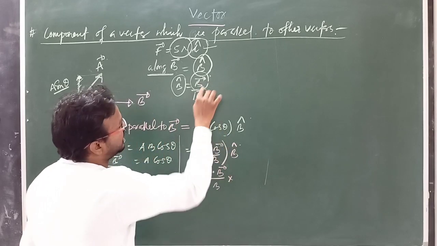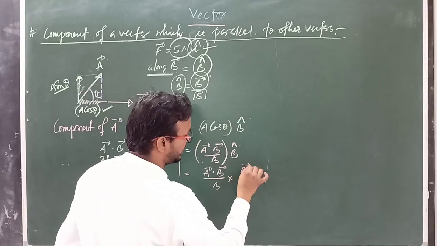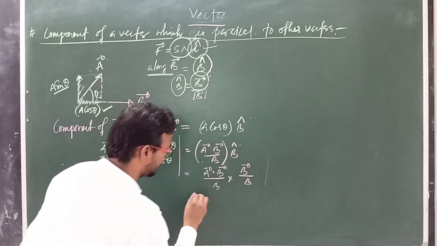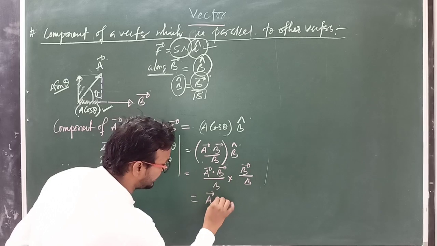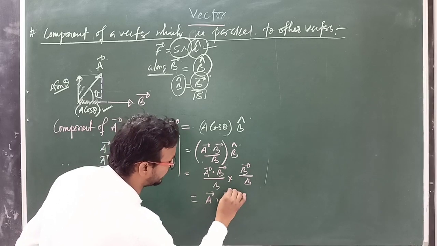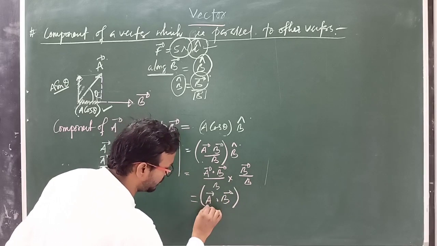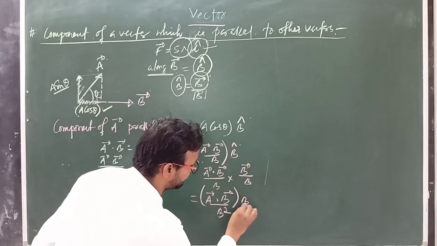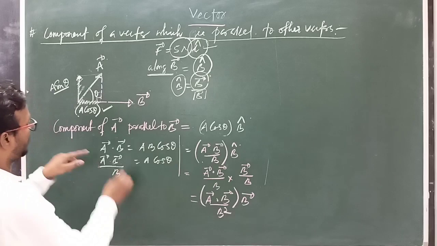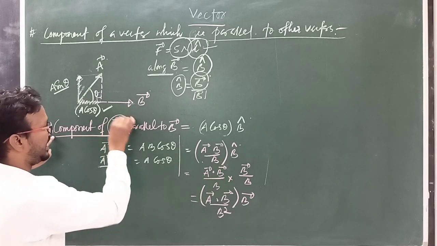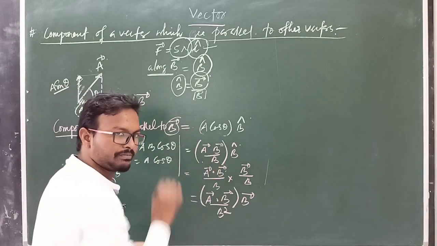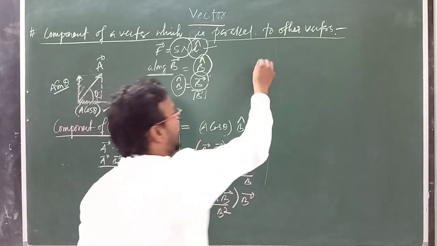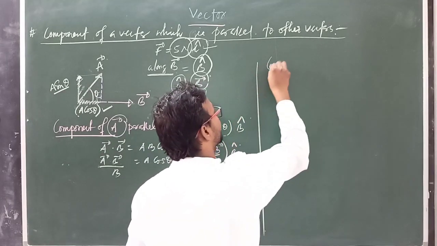B cap means B vector by B magnitude. So B vector by B magnitude is B cap. So we get here A dot B vector divided by B square into B vector. So this is the component of vector A parallel to B. Clear? Similarly, you can write